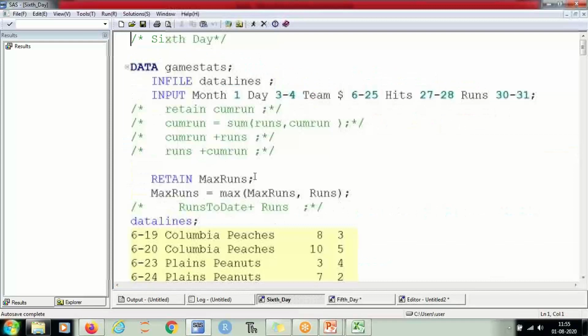All right, so let's move on to the next topic, which is the retain statement and sum statement. Before I explain the thing, I'm sharing this data with you.